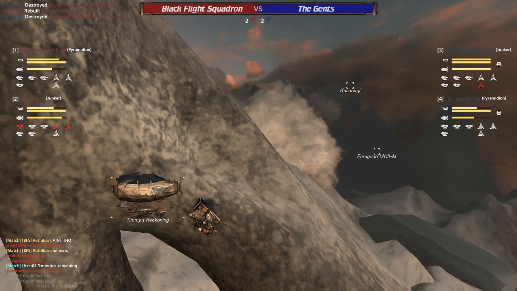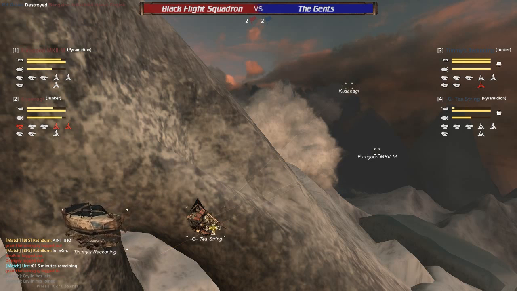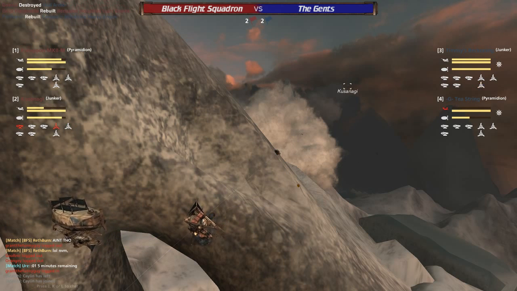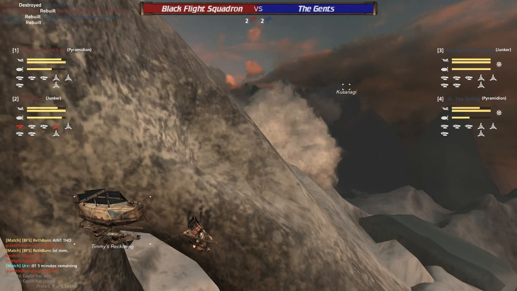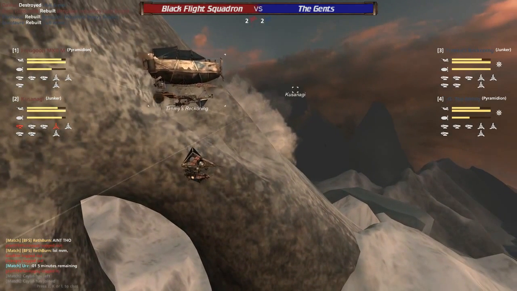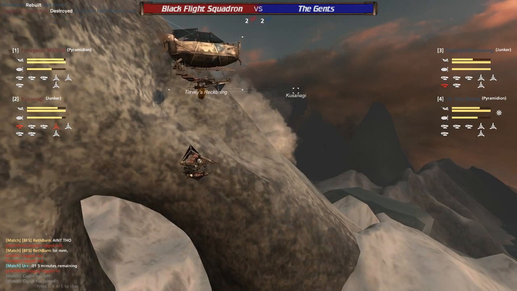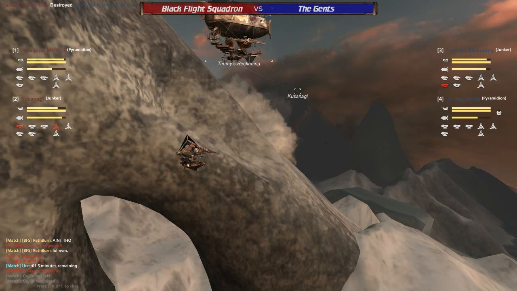T-string now looks like it is going to be the focus of the Kusanagi and Furuguri, as Timmy's Reckoning has moved back behind the, what'd you call it? Silver Spire? Is that what you were calling it? Arches. Silver Arches. All right, Silver Arches, and we're going to continue this fire back and forth here, repairing up, and this may look a little